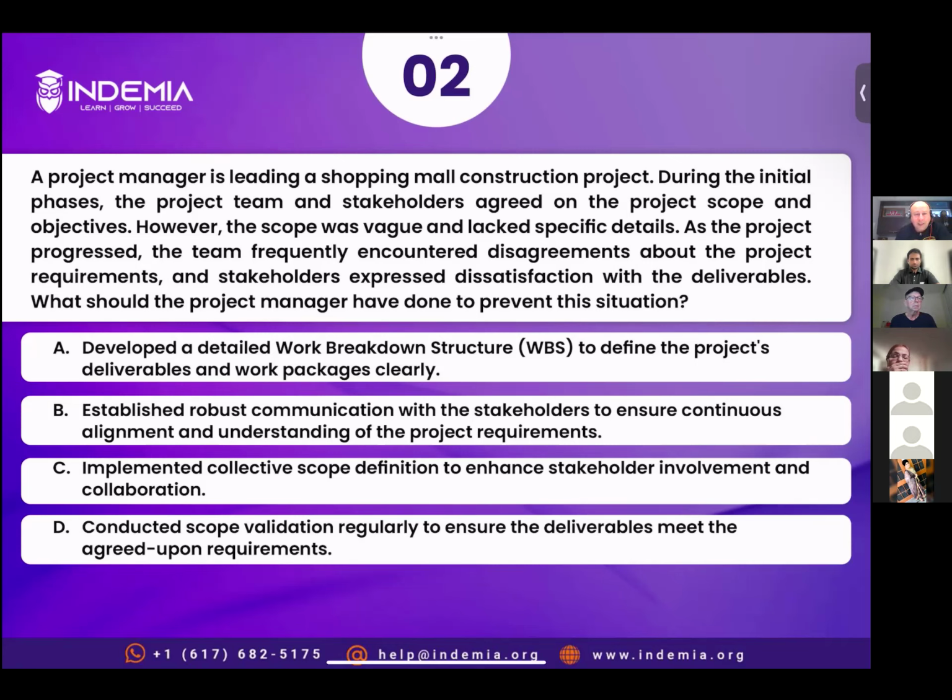We will be proposing de-scoping by eliminating some non-essential features, because this is the requirement of the stakeholders. They want a functional hospital. They don't want to complete 100% of the scope. As Rudy mentioned, they want something that is functional, so you can eliminate non-essential features. So the correct answer is option D. All other options are incorrect. Let's read the explanation.